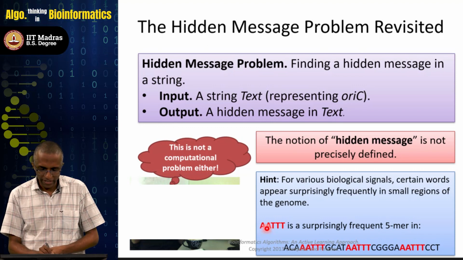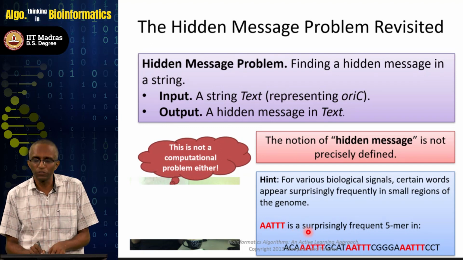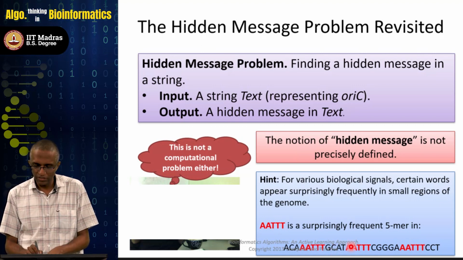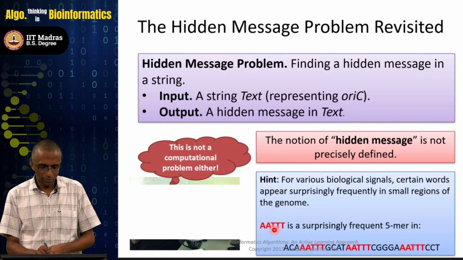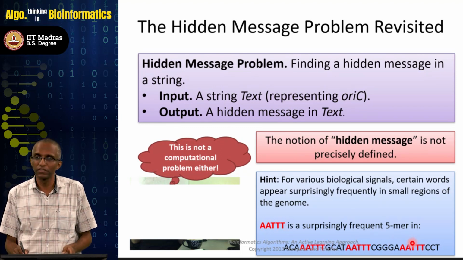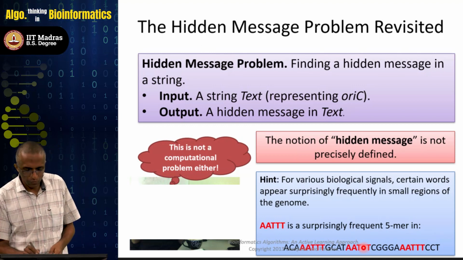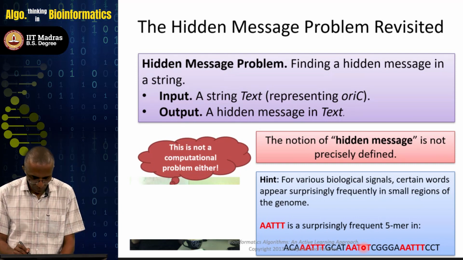Okay. And so, for instance, here in this particular string, let us say this is the replication origin, you can see that AATTT is surprisingly frequent, right. If this were a random string, seeing 3 occurrences of AATTT would be really unlikely, right. So, you see these 3 occurrences. This particular pattern or motif AATTT is frequent in this particular string, frequent meaning it occurs 3 times. And so, can we use this frequency of these substrings to actually make our problem more concrete,